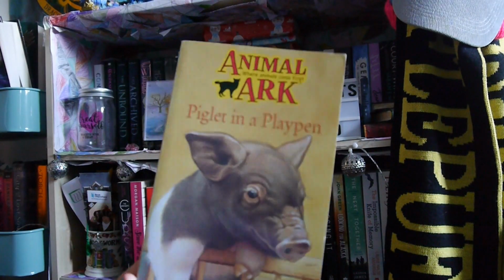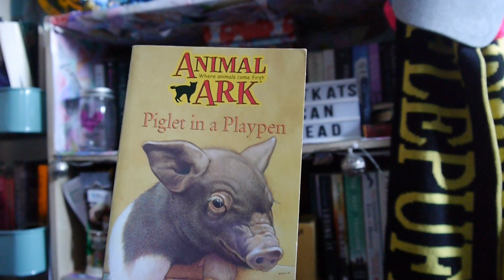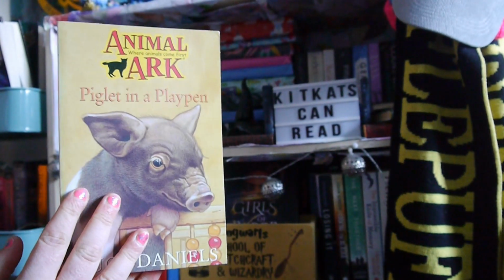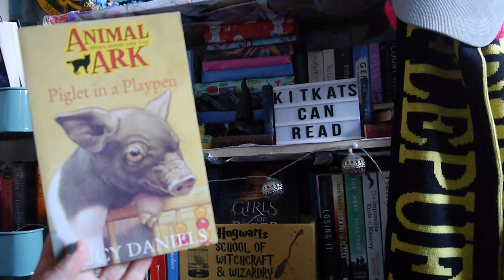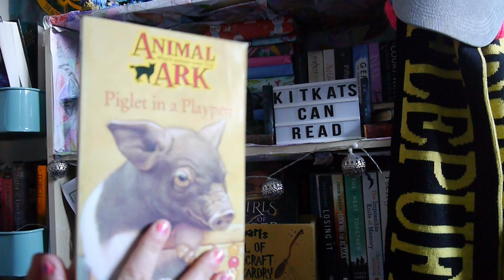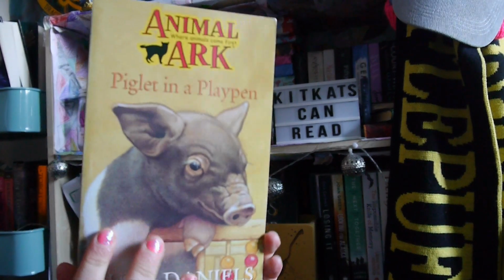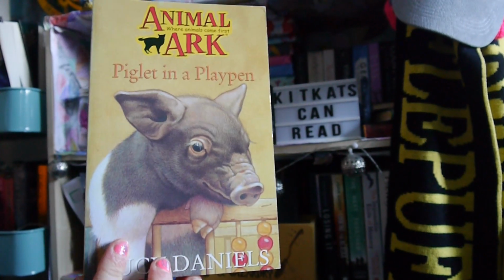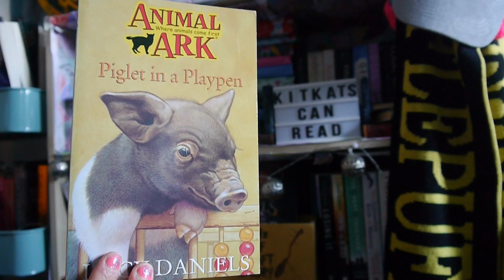And I got book number 8 in the Animal Ark series, Piglet in a Playpen by Lucy Daniels. Every time I reread one of these children's books, I put another one from the garage up here so that I can read the next one in line. These are guilty children's pleasures. I've recently read book number 7 and loved it so much,